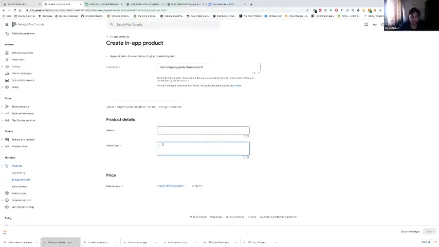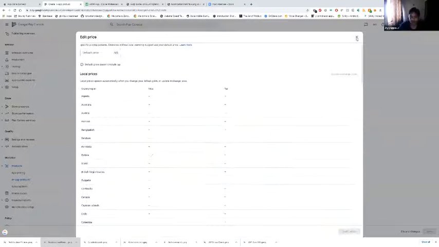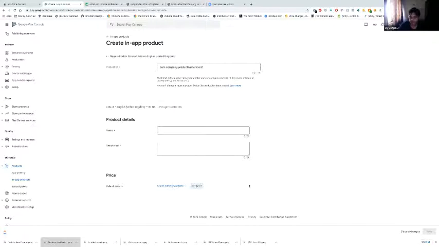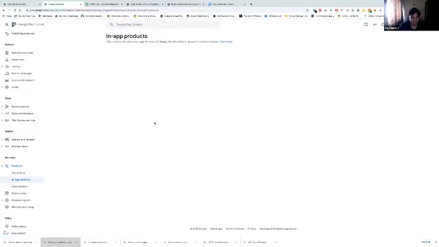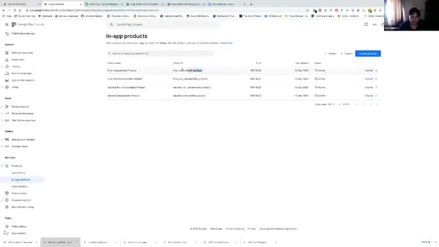So describe very clearly so that the user will understand what he's purchasing. And you can set the price, and yeah, that's it. Once you click on save, you create a new in-app purchase product. This one also has a product ID, and you need to make a note of these particular IDs so that you can fetch them from your code.